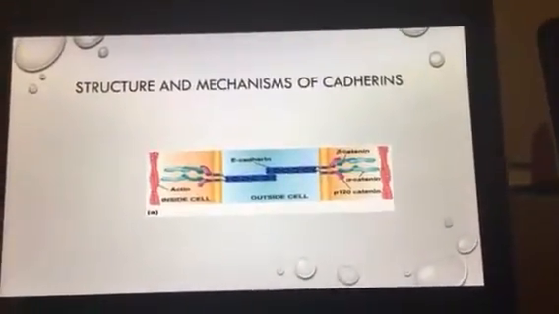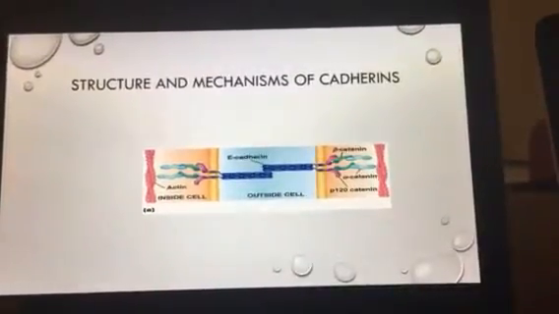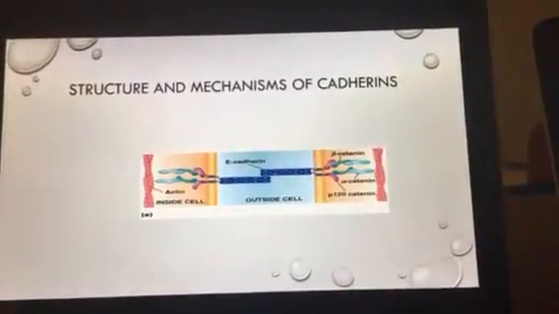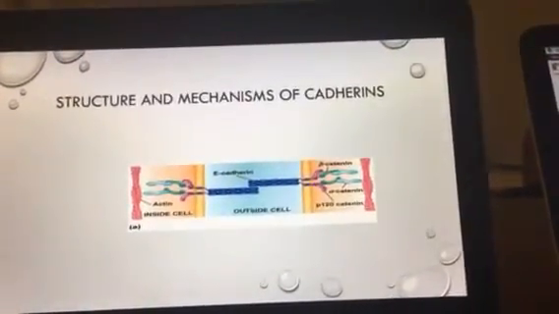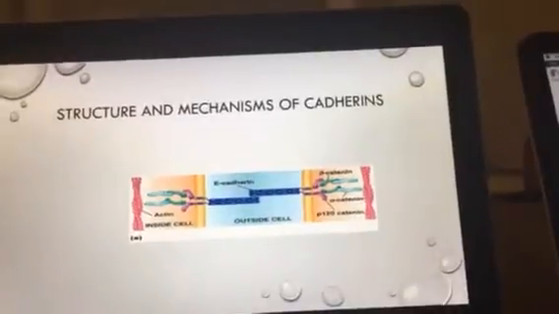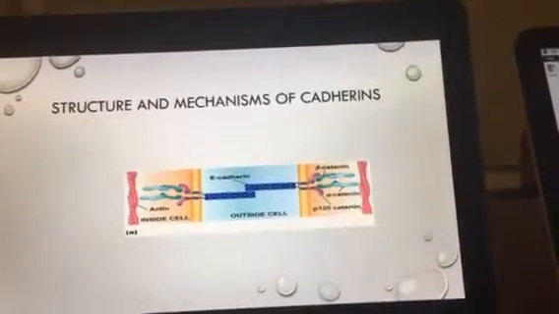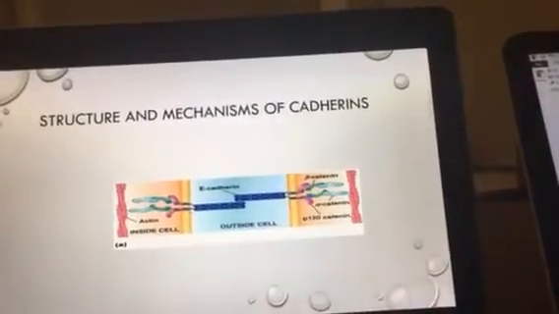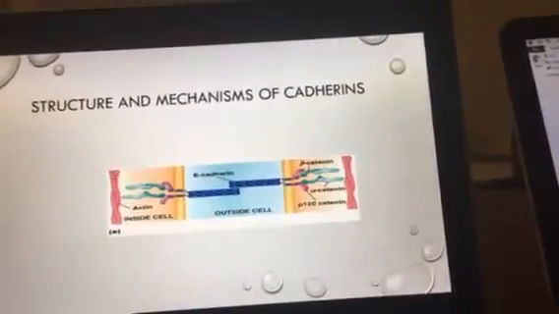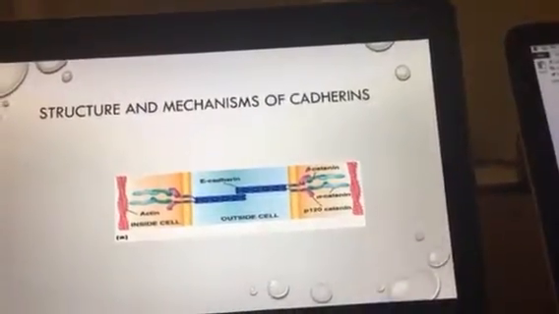So here we have the structure of a cadherin. You see that the extracellular domain of the cadherin is pretty much similar to a zipper. It has a zip-like structure which extends outside of the cell and attaches to the adjacent cell. In order for this to occur, calcium must bind and stabilize the extracellular domain for the zip structure to occur. Then you have the beta-catenin protein, which binds to the cytoplasmic tail of the cadherin,